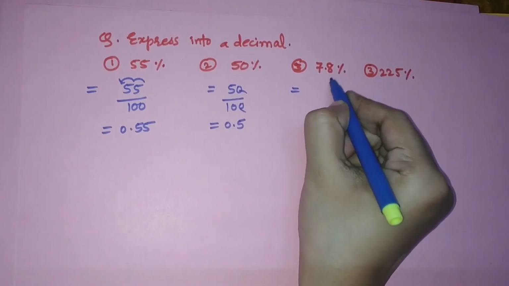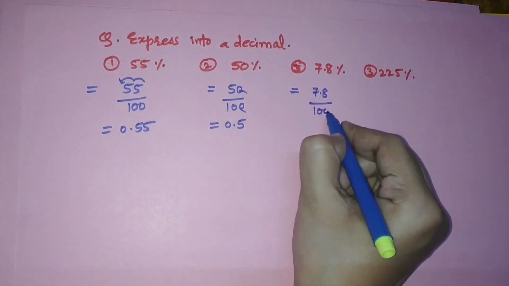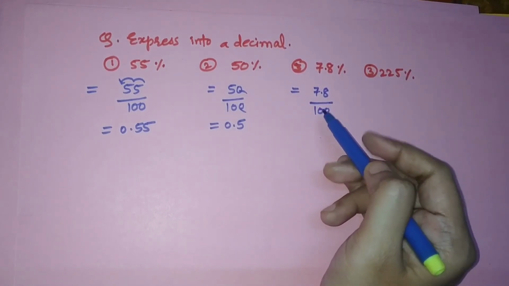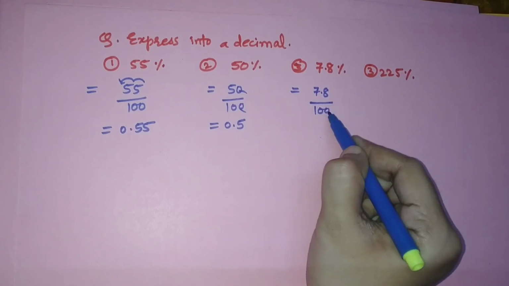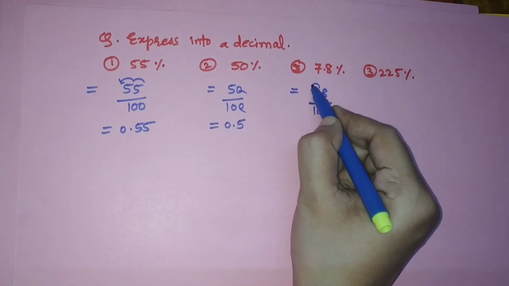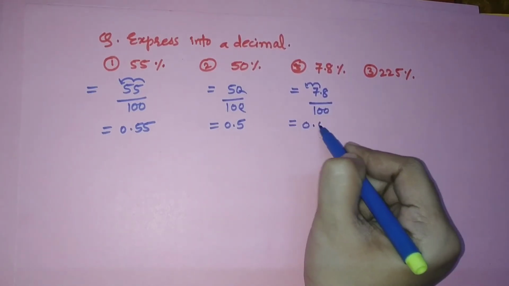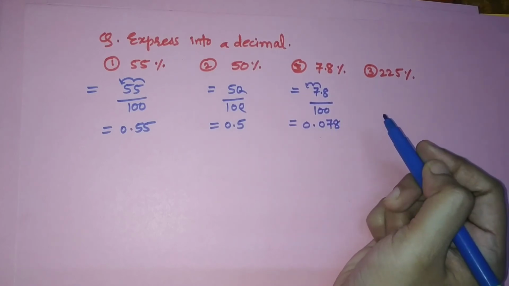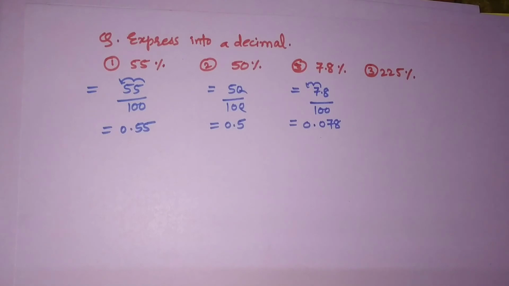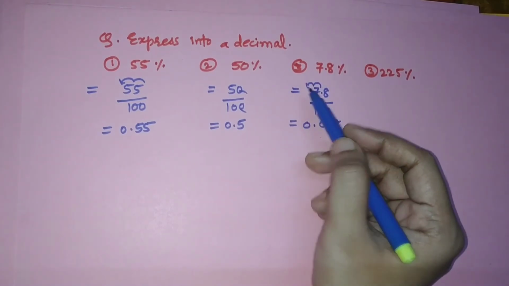Next we have 7.8% and you need to convert it into a decimal. So first of all remove this percentage sign, divide it by 100. So 7.8 divided by 100. Now removing these zeros, this decimal will move this side. So this is 1 place and one more will give it here. So we'll get 0.078. As in multiplication the decimal shifts to the right-hand side, in division we need to shift the decimal to the left-hand side.